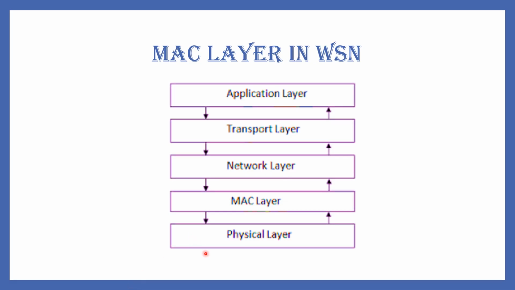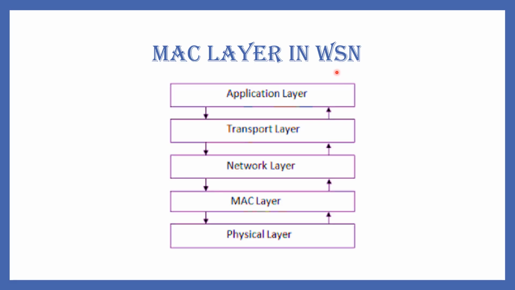So the media access control layer is your second layer, which is a sub-layer of your data link layer. As we all know, to transfer any information from one node to another, in practice we make use of TCP/IP, which is a five-layer model of processing the information to get transferred from one end to another. Here also, for the wireless sensor network domain, we are going to make use of the same set of 5 layers, but the protocols may vary